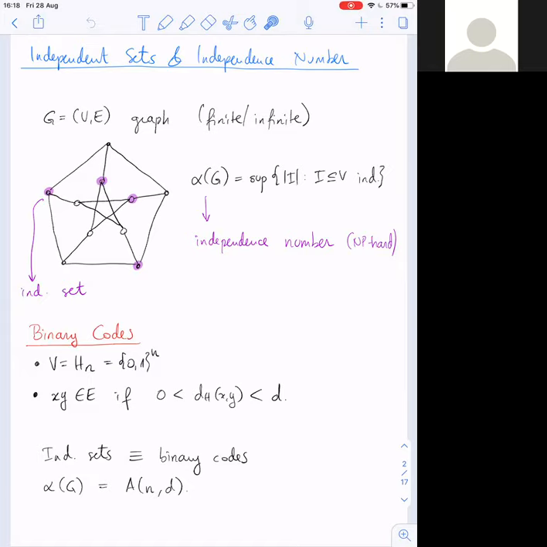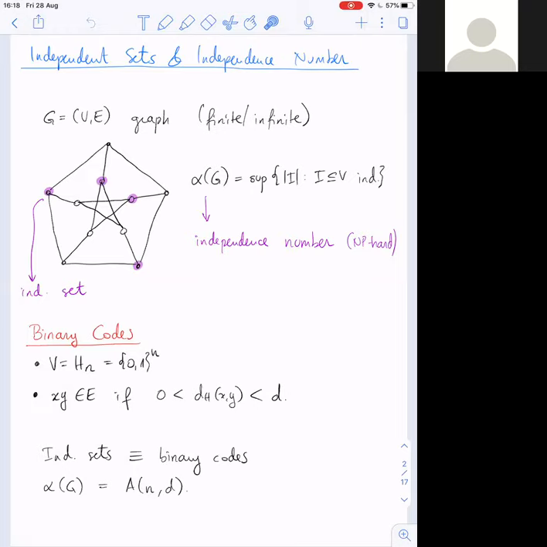And then you can define, like for instance, these 4 vertices that I circled here in purple. And then the independence number of the graph, which is usually denoted by alpha of G, is the largest cardinality of an independent set. And I write a supremum here, because when the graph is infinite, then maybe this number is also infinite. So it's the largest cardinality of an independent set. And many of these problems, or all of these problems that we have seen this week, the sphere packing problem and spherical codes and all these problems, can be modeled as independent set problems of